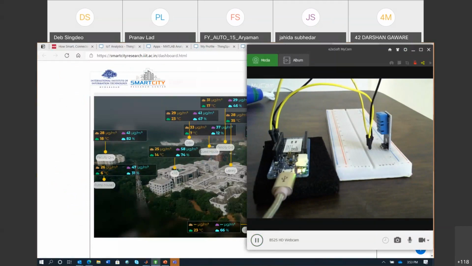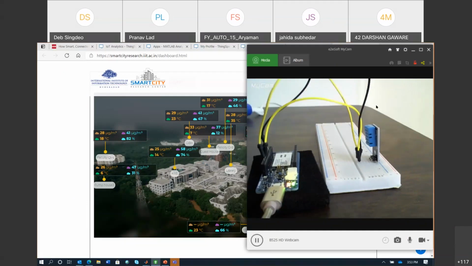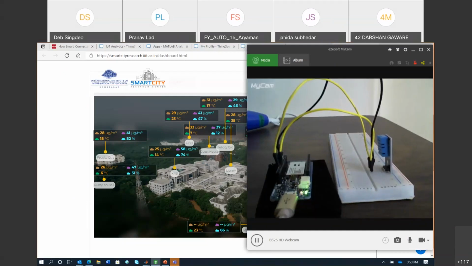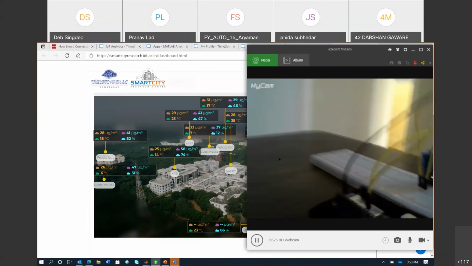I have an Arduino MKR 1000 board. This board has Wi-Fi capabilities, so that eventually in the end I can send data to the cloud. And the black wire is coming here and connecting to pin number 9. So here I can show you the connections also.